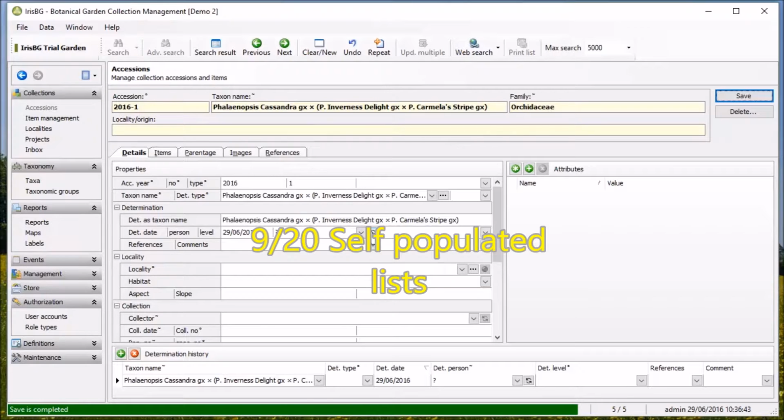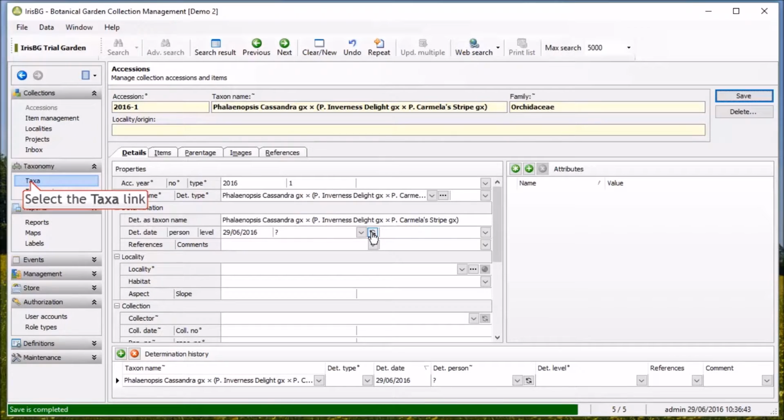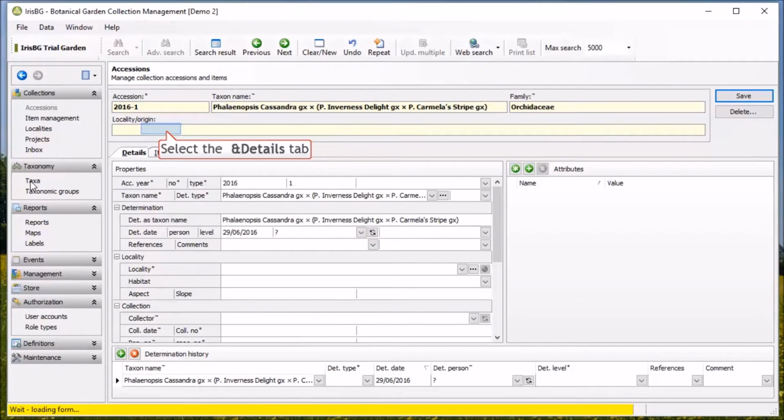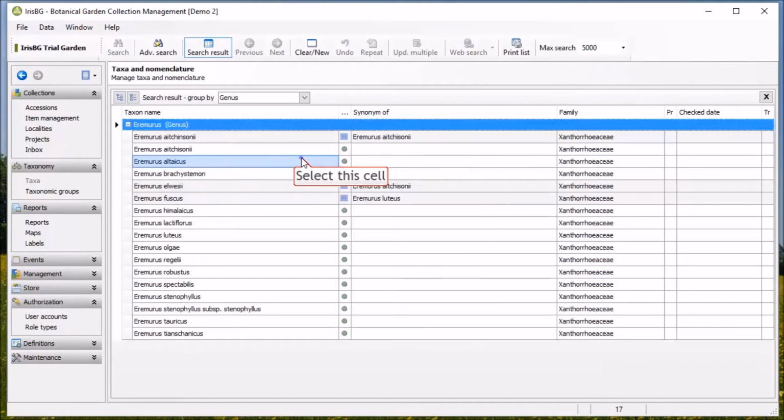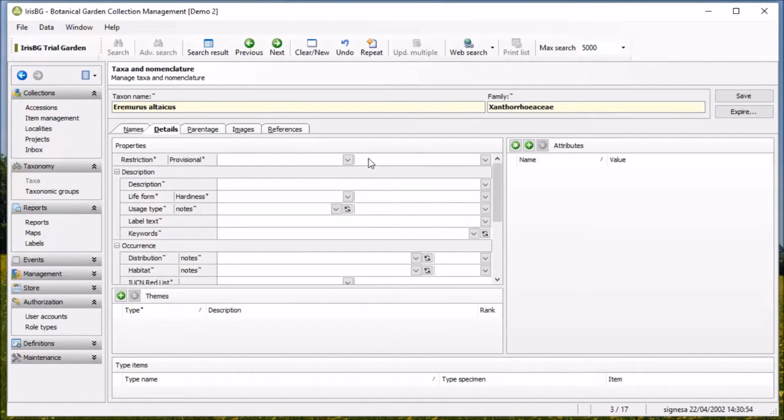You can see them with this drop-down list. One place where that's very useful is when you record distribution on plants. If I go to its taxonomy here, and then let's say I'm dealing with plants from a certain group I'm working on now, Eremurus. I'm just going to bring them up. So here we go. And when you're then working here under the details and managing the distribution, you see that